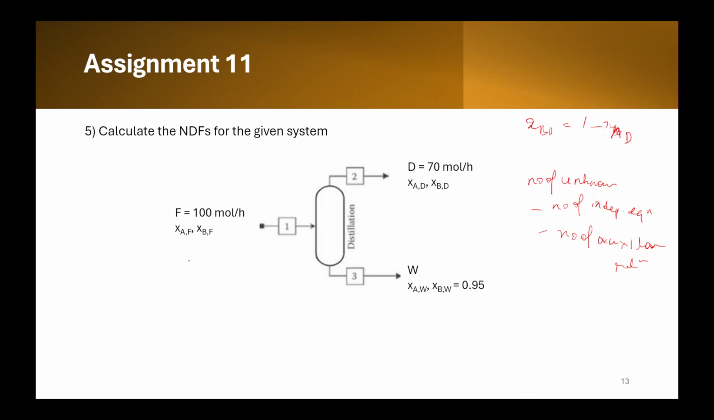Okay, so basically, if you go by this logic, there are 1, 2, and this W is also an unknown. So 3 unknowns minus the number of independent equations. Independent equations here will be the material balance. Out of this material balance, the number of independent equations for a material balance is usually equal to the number of